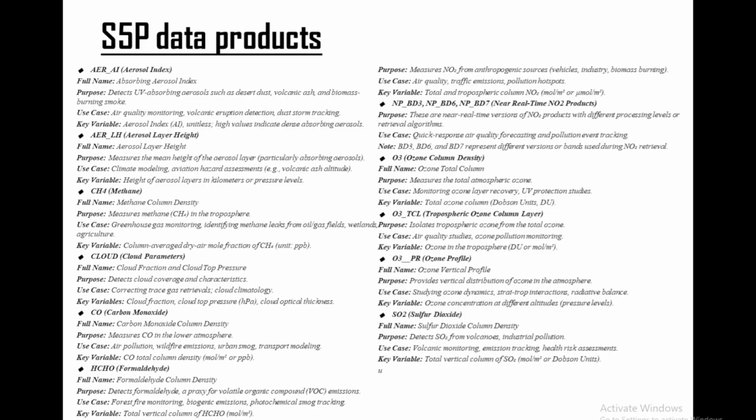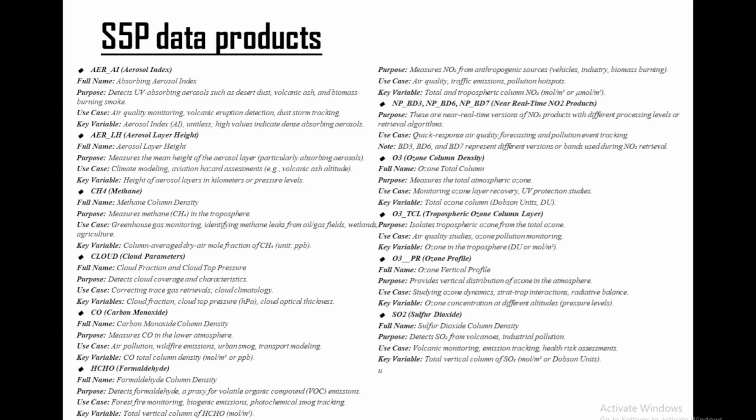The product is again the same. We will focus on one particular area when we try to download datasets. The portal that we are going to use is Copernicus Open Data Hub, where this data is available for free of cost. You can make an account and readily download it for the region that you are interested in.